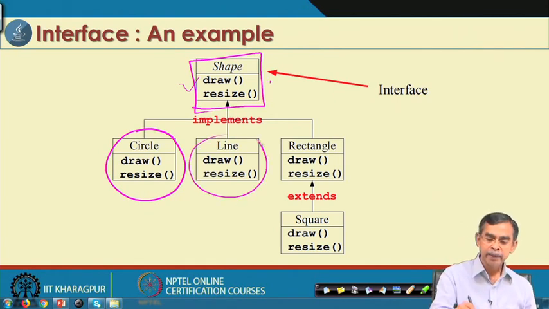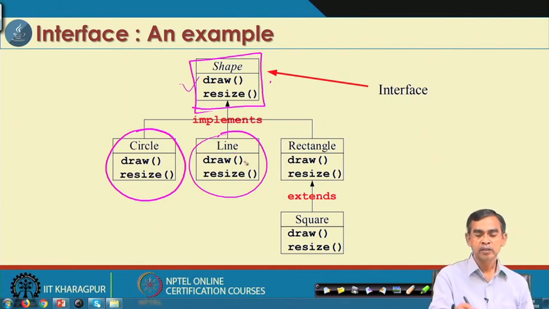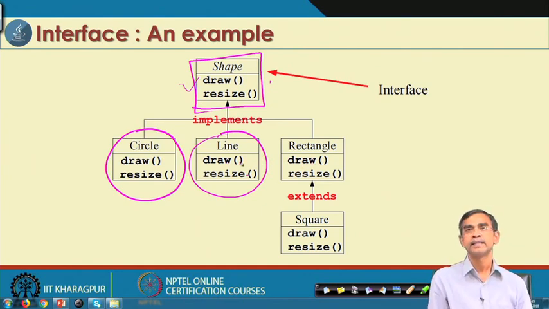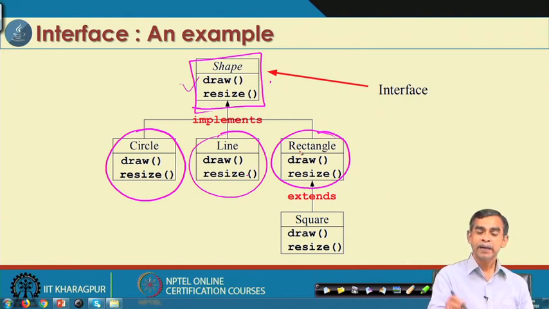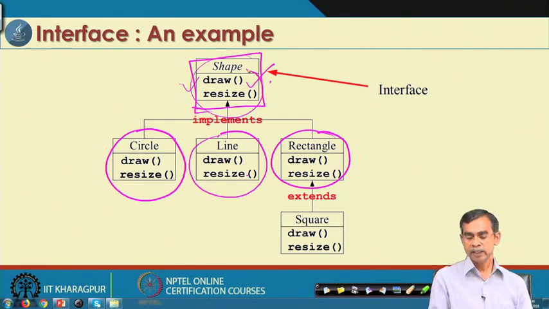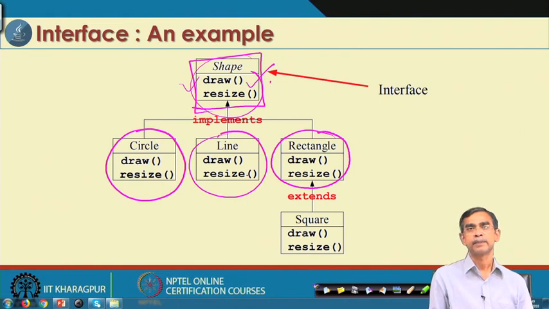It can also be implemented for the objects line or rectangle. The draw method in circle, line or rectangle is a different way of implementation. So, we can say these are different implementations: three different implementations, but they follow the template or protocol that is given by the interface. This way the interface can be used.